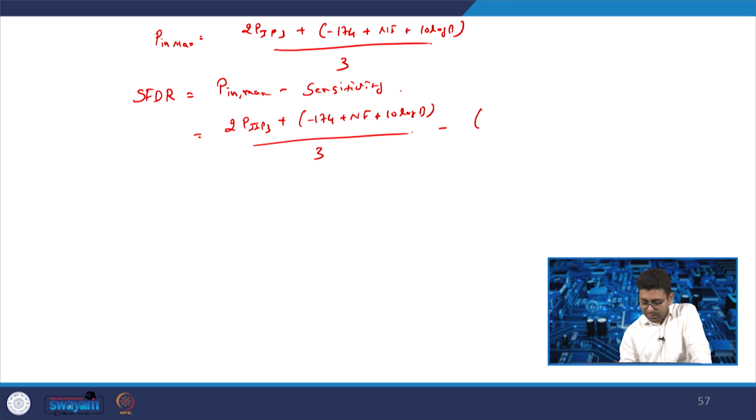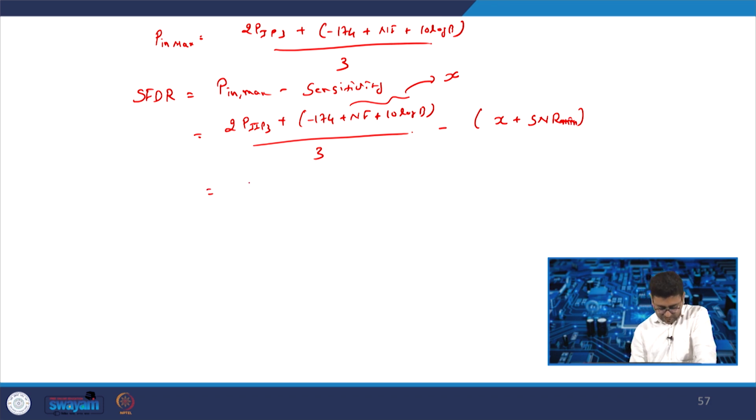If I make this term x, then sensitivity I can write as x plus SNR out, or minimum SNR that is required. So, again we can write 2P IIP3 minus 3x divided by 3